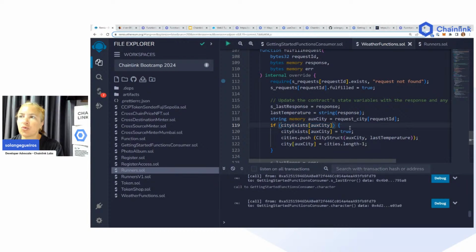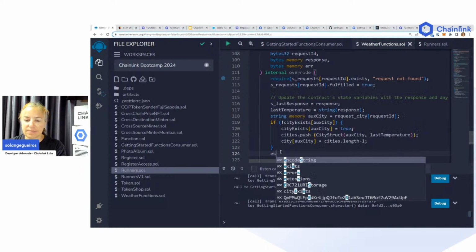If this is true, let's go different. If this is not true, the city will exist. I will add the structure with the city and the temperature, and I'd like to put it in the index of cities here, okay? If it already exists,